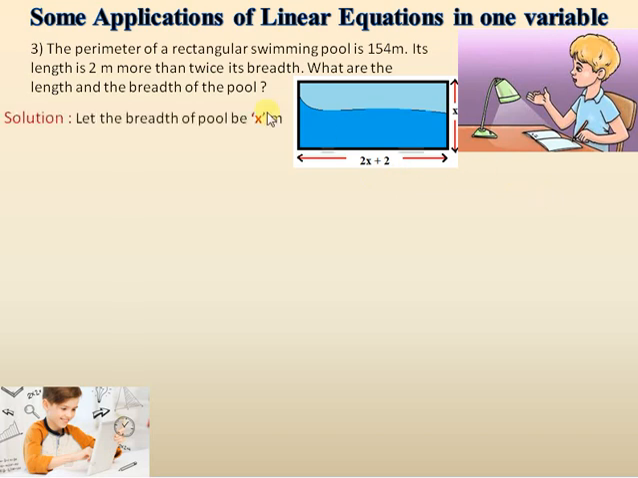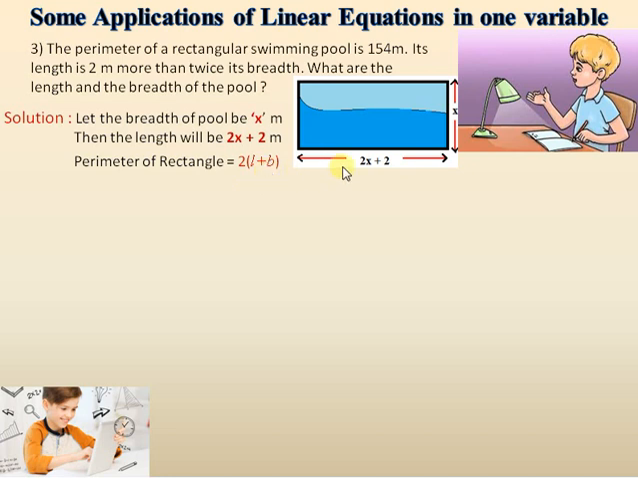Let the breadth of the pool be x meters, as I showed in the figure. Then the length will be 2x plus 2, since according to the statement the length is 2 meters more than twice its breadth. That's fine. So as we know, the perimeter of a rectangle is 2 into (length plus breadth), 2 into (L plus